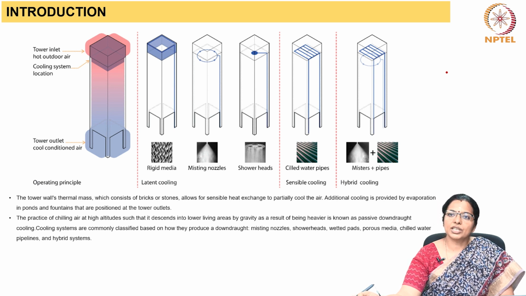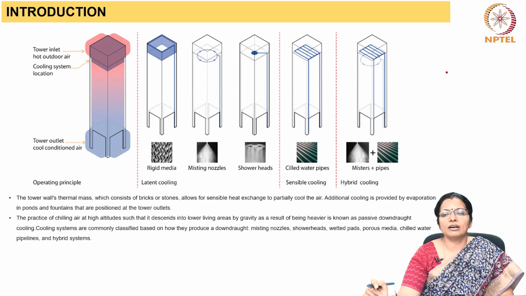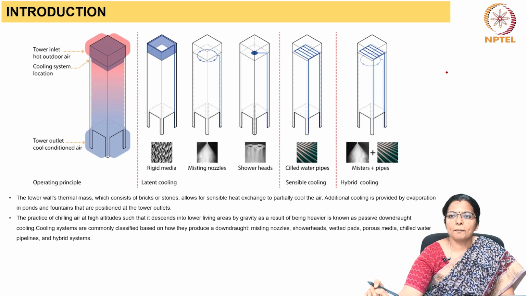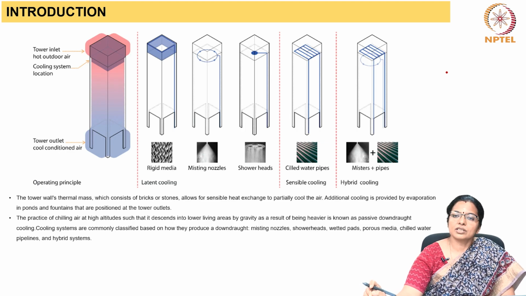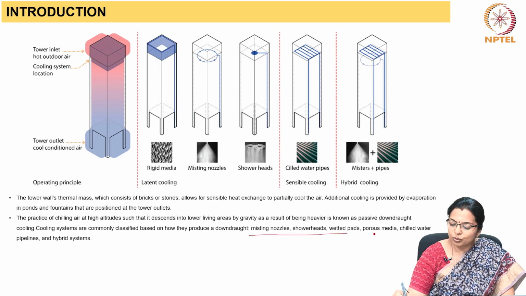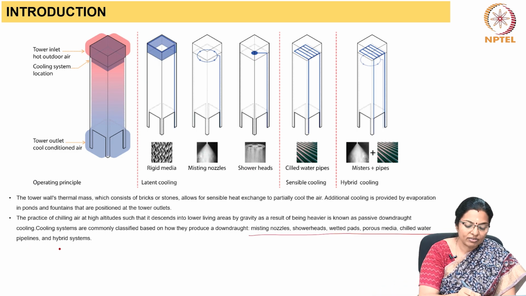The practice of chilling air at high altitudes such that it descends down to a lower area by gravity because it is heavy is known as passive downdraft cooling. So, cooling systems are commonly classified based on how they produce a downdraft. Misting nozzles, shower heads, wetted pads, porous media, chilled water pipes, and hybrid systems are some of the methods through which the air is made heavier by